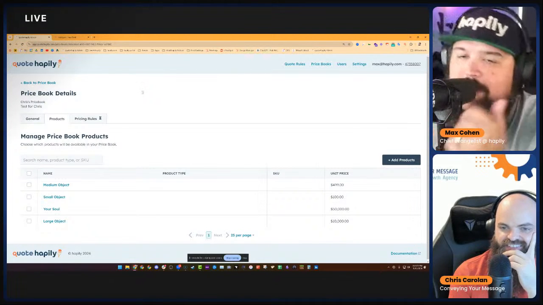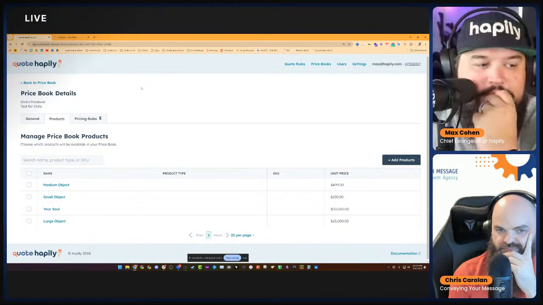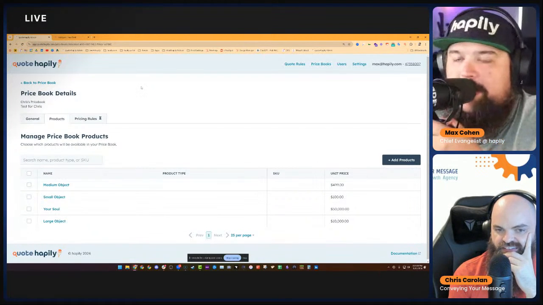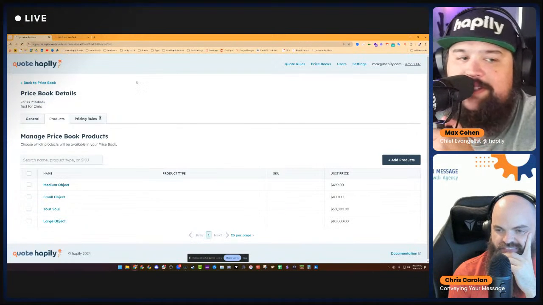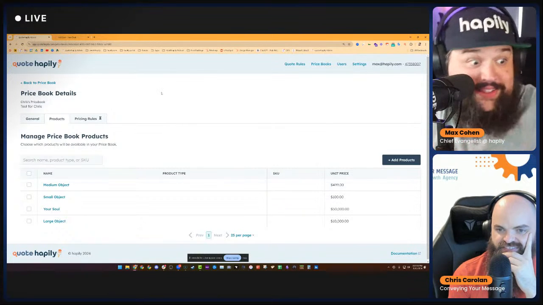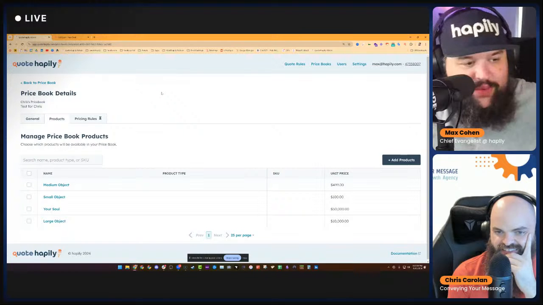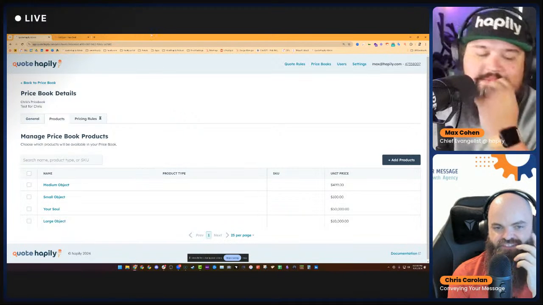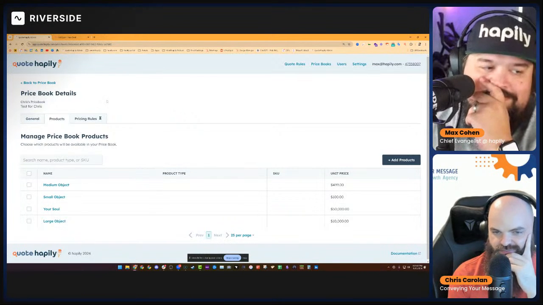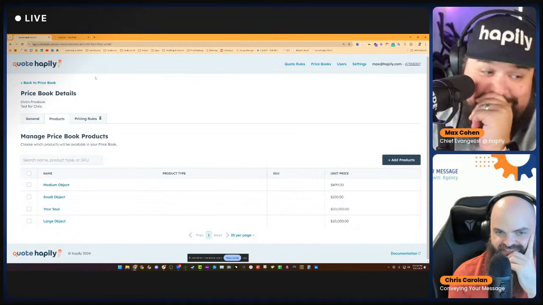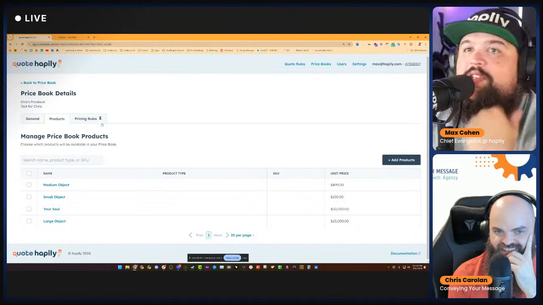Right. So there's a lot of different ways you could go about that. Or you could simply build a rule that says this is what you should charge for shipping. Go at it as a one-time fee or something like that. There's always some way around it in a combination of one of these three things. No, it's all filters and objects and properties. That's wild. So that's the price book.